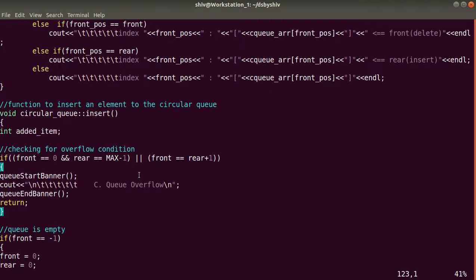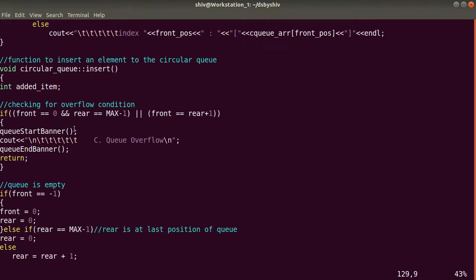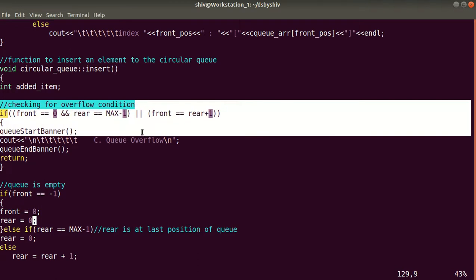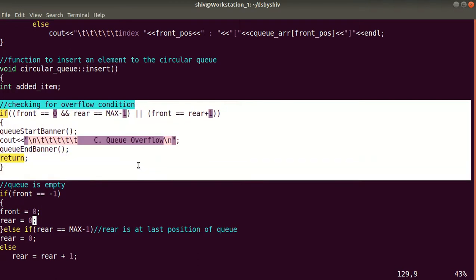So here we are taking an integer variable added item, and after that we are checking for insertion: if the circular queue array is already full, meaning all the indexes have been filled, all the indexes have some element, then we can't insert other than those elements, meaning we can't cross the index.